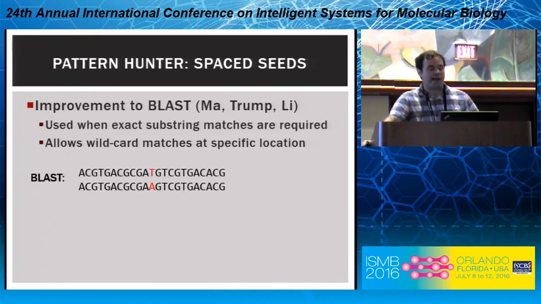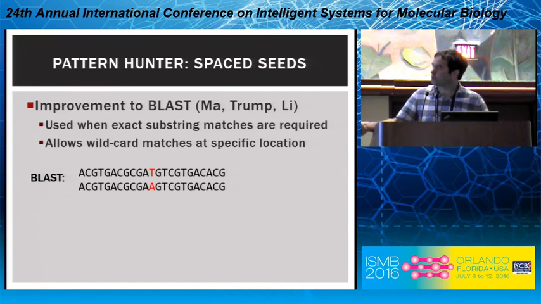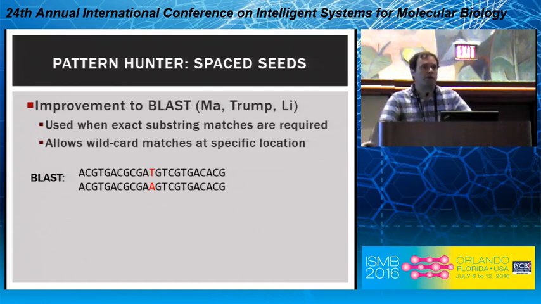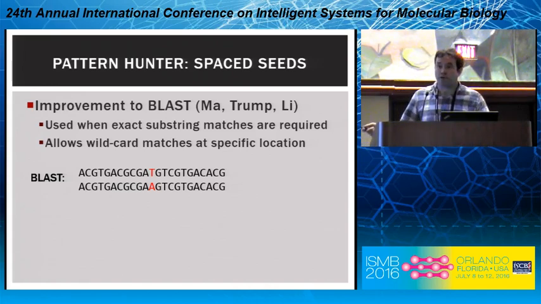If you remember in BLAST, if you're comparing a query sequence to some target sequence, before you align them, you look: do they have a common substring of length, usually, 12? If they do not, you dismiss them. Otherwise, you go ahead and spend the time on the alignment. Well, with a special case like this, where we have a string of length 23 which is identical in every base except this one, but this is exactly placed, so you don't have a substring of length